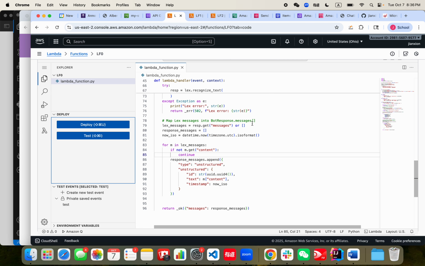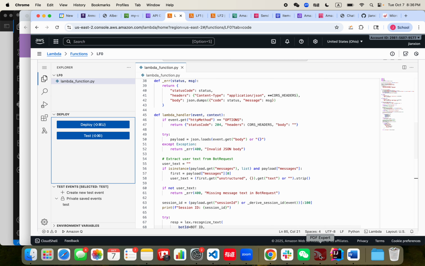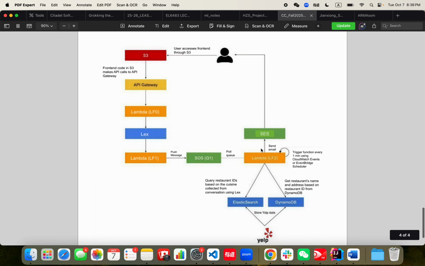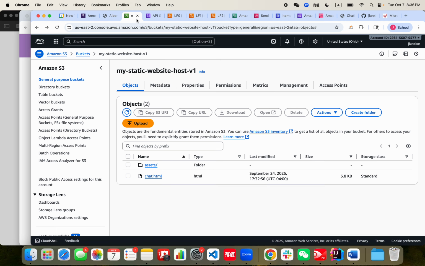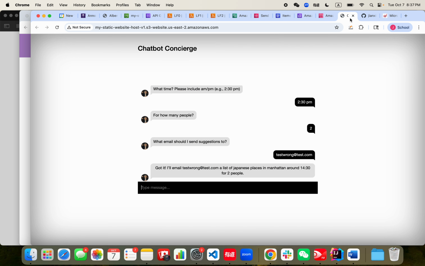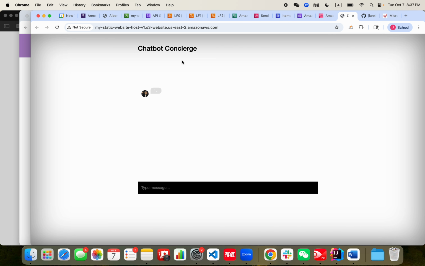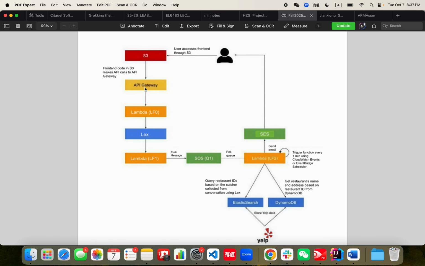Then I will show the architecture of my system. So the website is stored in S3. S3 is hosting my website and stores the CSS and the HTML file, which holds this HTML file. And the second architecture component is API Gateway, which is a gateway to the Lambda